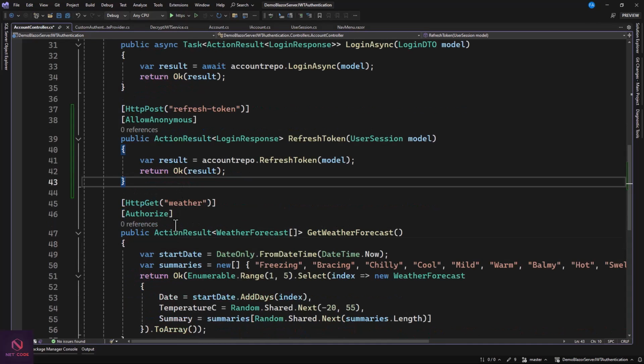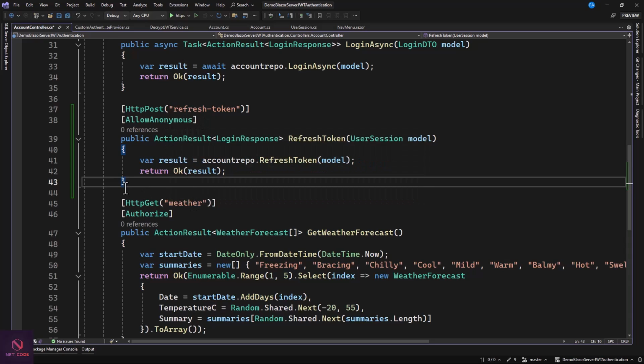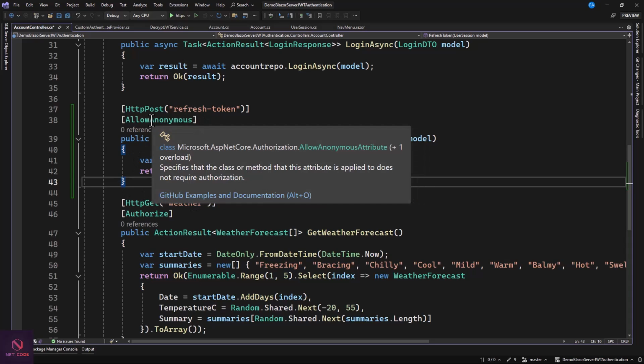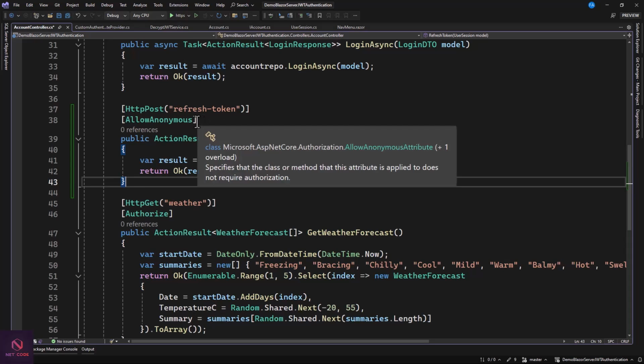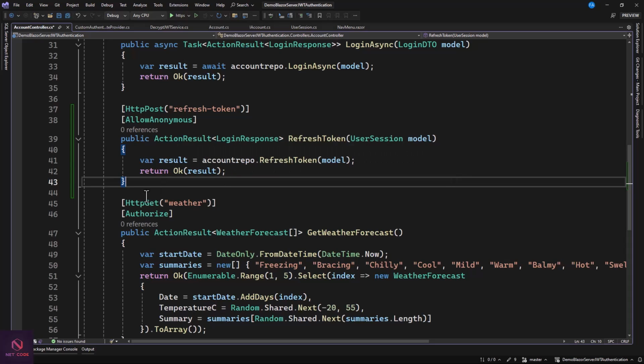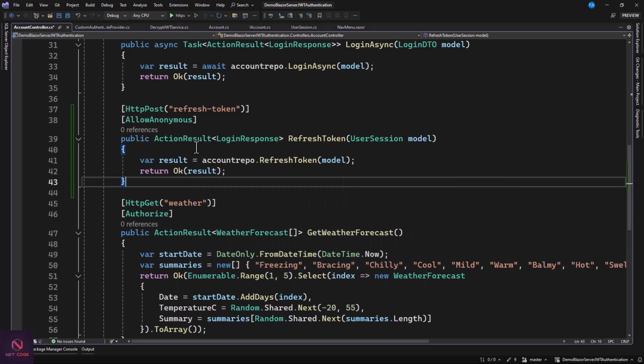Now remember that this is going to be anonymous because if you make this authorized, it means that before you can have access to this method, you must have an active or unexpired token. We call this when the token is expired, right? So it's the opposite way. So we have to make it anonymous so that everybody can have access to it, but it's not going to be accessed by humans through a call, it's an API call by the system. That's what we're going to call this endpoint. Okay, we have our weather in here, and that is it. Okay, so when we save this,